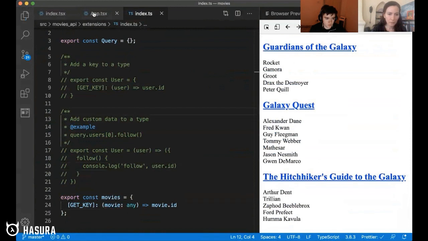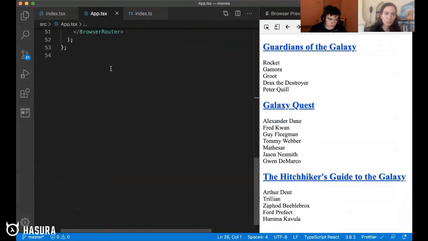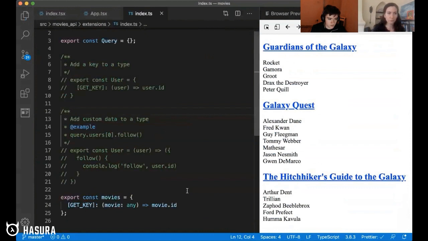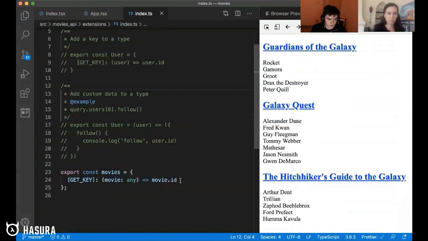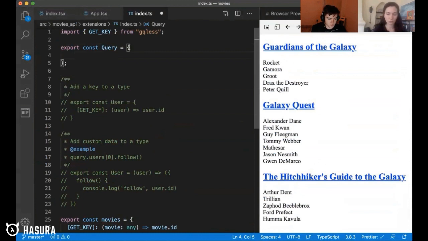So we also need to add, if we go back to app.ts and go into the routes where we're calling movies by PK, we need to make that load the movie from the cacher if it already exists. So we can do that by using cacher redirects. So if you copy that name, and go back into the extensions, and go to the query thingy, add a key with that. So scroll up. Here. Yeah. So we want to specify which field we want to create an extension for, and then we want to create an object,